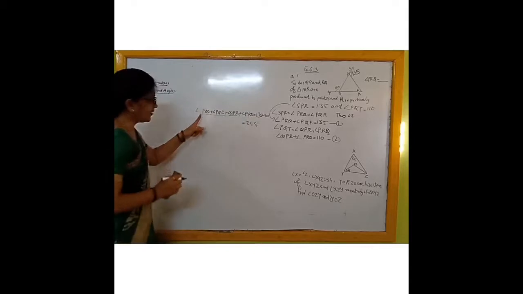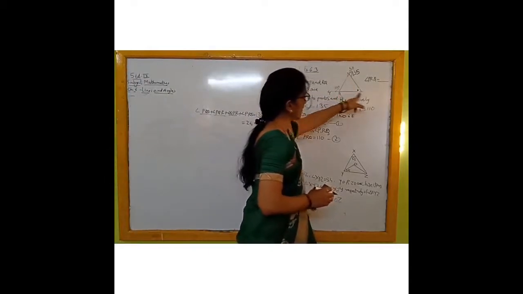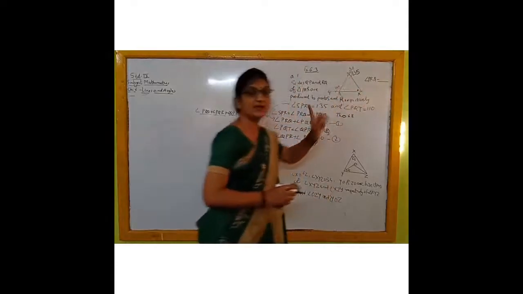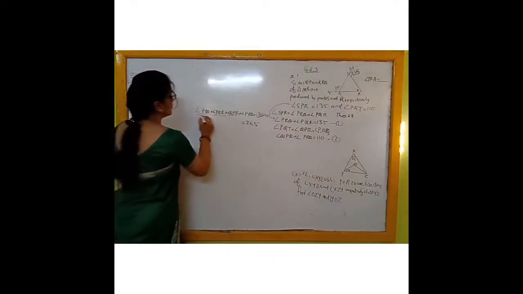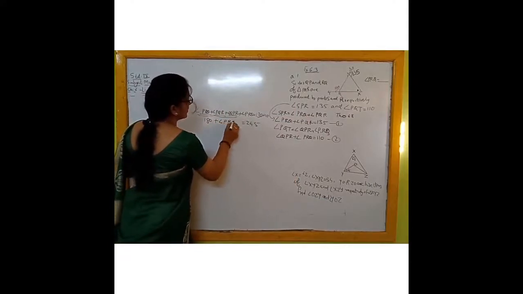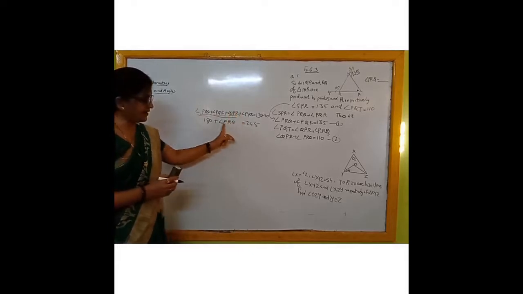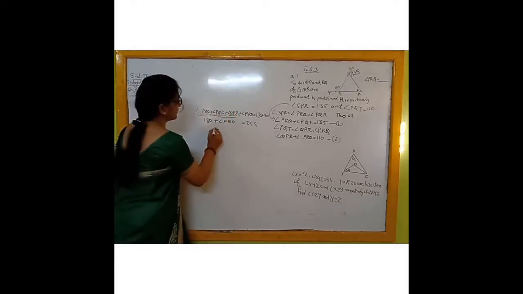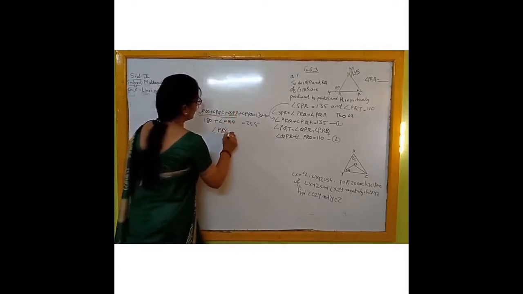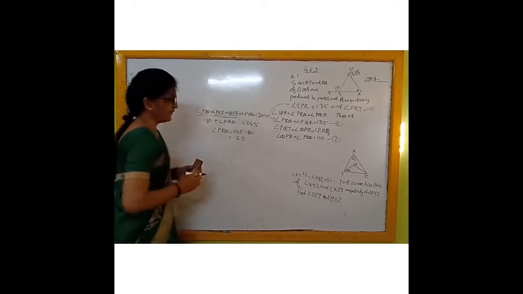Now what about angle PRQ? Angle PRQ plus angle PQR plus angle QPR are the three angles of the triangle. So this is 180 plus angle PRQ, since the measure of the three angles of a triangle is 180, by Theorem 6.7. Therefore angle PRQ is equal to 245 minus 180, that is 65.